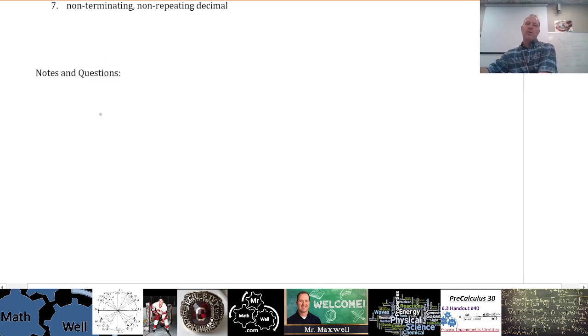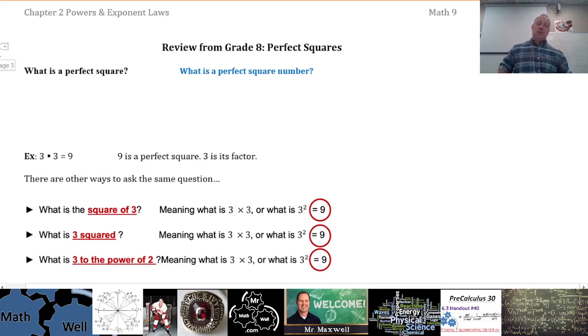And if you have any notes or questions for me, please write those down so that you can ask those in class. All right, so let's just talk real briefly about some basic stuff. Review from grade 8, or from your previous learning. What is a perfect square? Well, if you think about geometry, a perfect square is a shape,